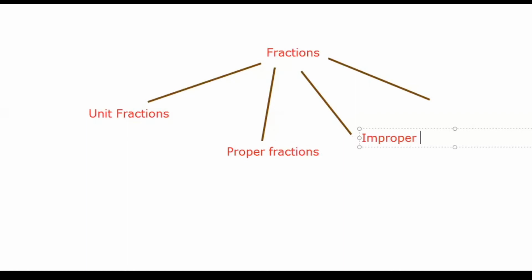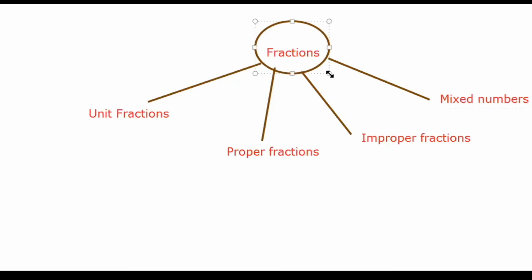Third family member is improper fractions. The last and the fourth family member is mixed numbers. Not mixed fractions, that is mixed numbers. So these are the 4 family members in the fractions family. First one is unit fractions, proper fractions, improper fractions, mixed numbers. But in grade 6 we are going to learn just only 2 of this, that is